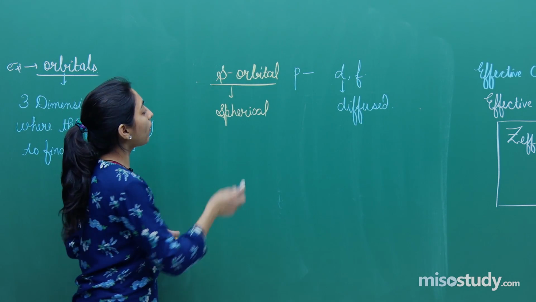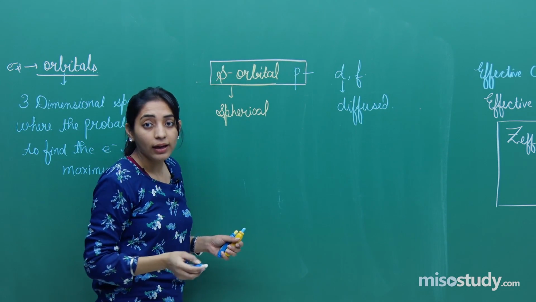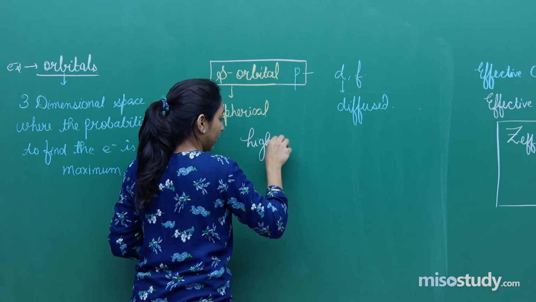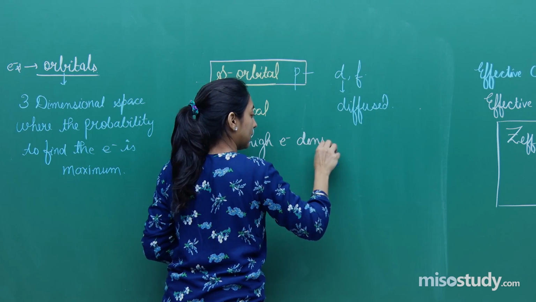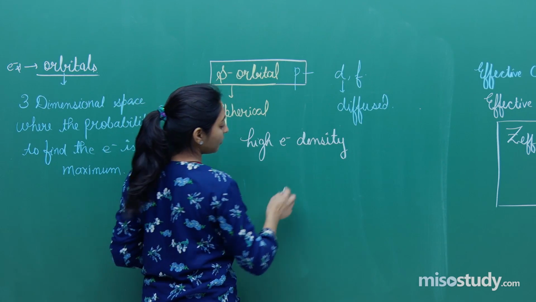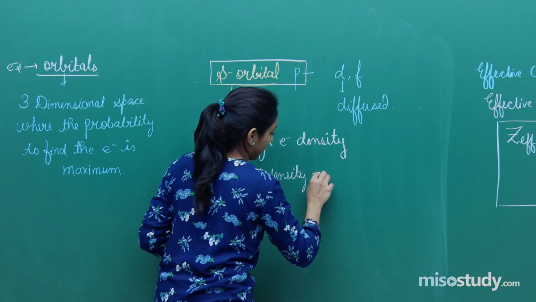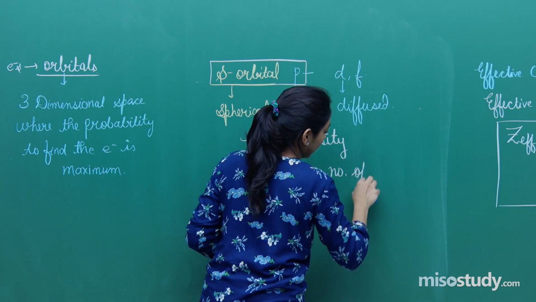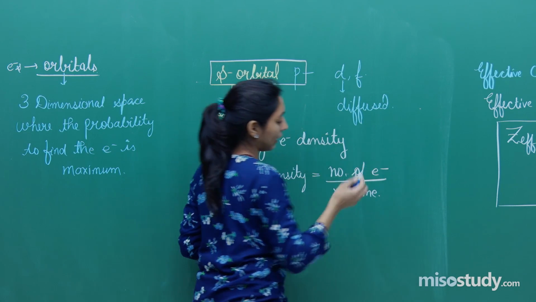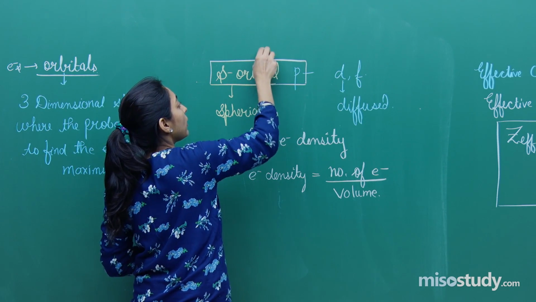If I am talking about the electrons which belong to either the s orbital or the p orbital, then these electrons will have a very high electron density. Now what is electron density? Electron density is basically defined as the number of electrons per unit volume in which the electrons are present. So if I am talking about the electron density of s and p orbitals,